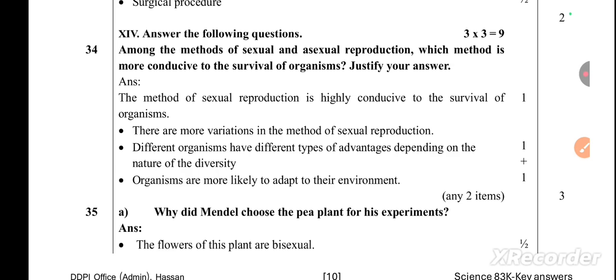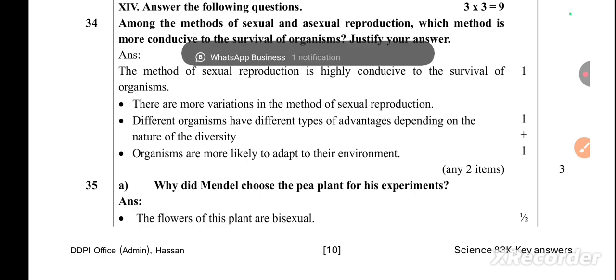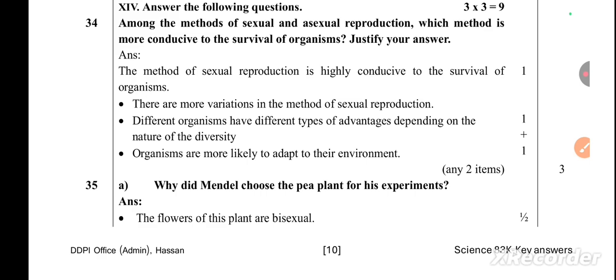3 questions are there for 9 marks. Then 34th question: among the methods of sexual and asexual reproduction, which method is more conducive to the survival of organisms? Justify your answer. The method of sexual reproduction is highly conducive